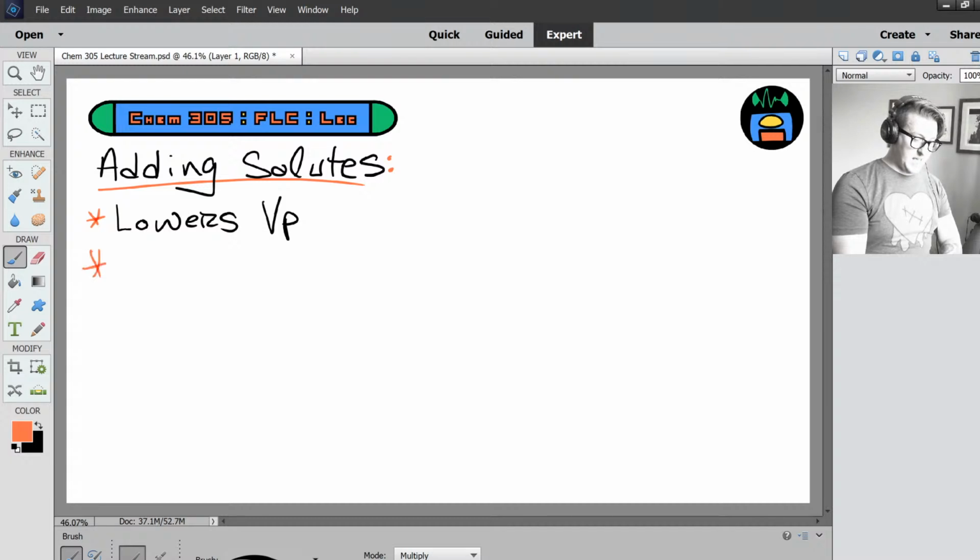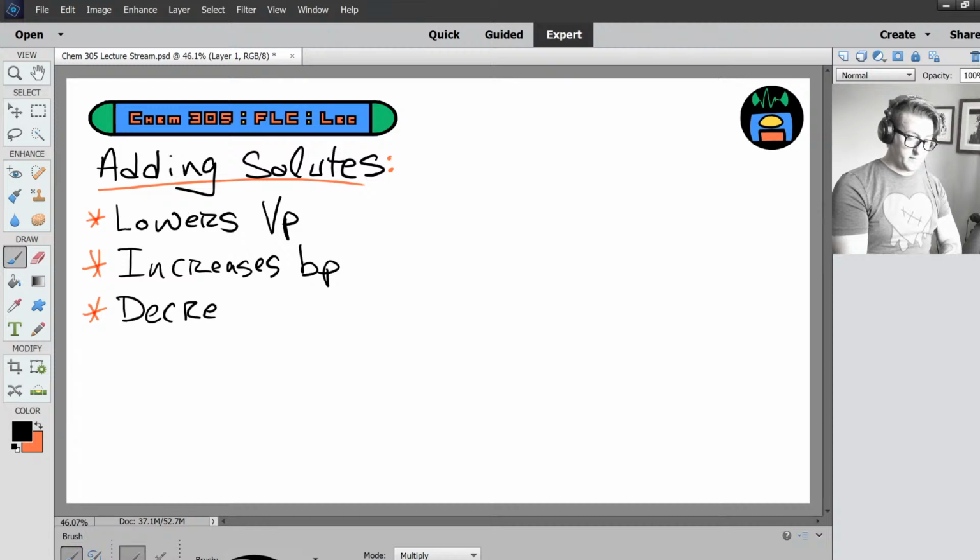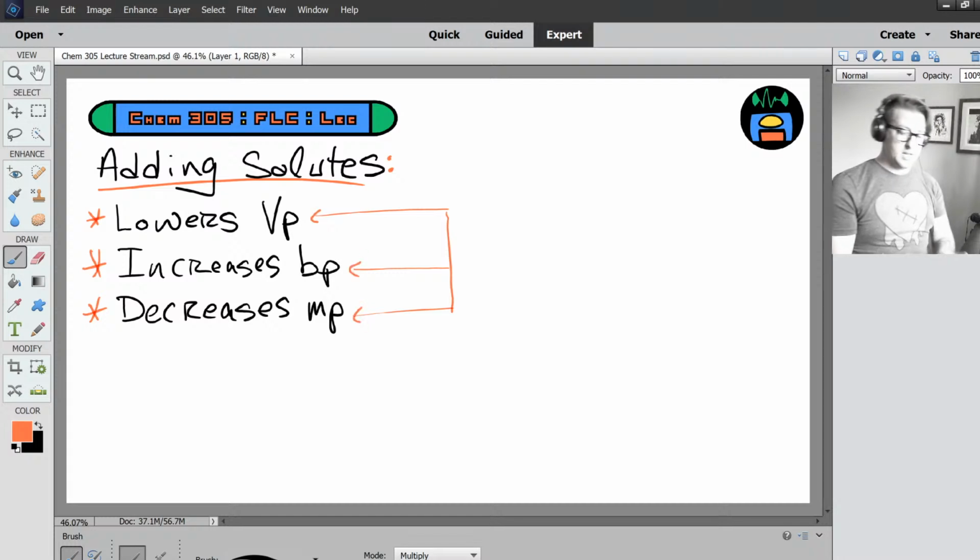We said that it increases boiling point, and it decreases melting point. All right, and that all three of these phenomena, the drop in vapor pressure, increase in boiling point, and drop in melting point or freezing point,